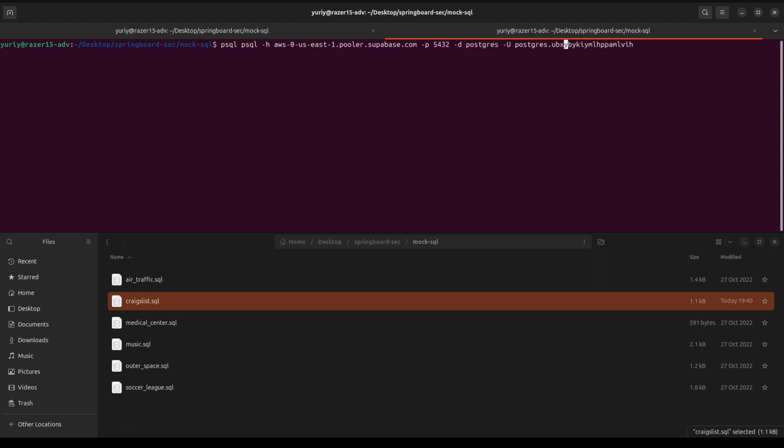Oops, it copied already the PSQL command, so I don't need to do it twice. And I'm running this with the following options. Let's make it a little bit human readable. Host is here, port 5432, database is called Postgres, and user is this fun string here. Let's press enter, and